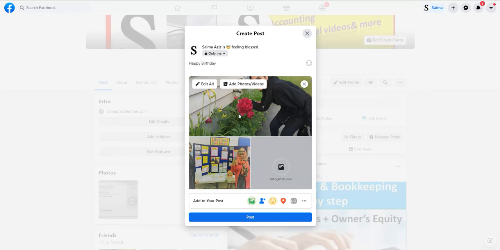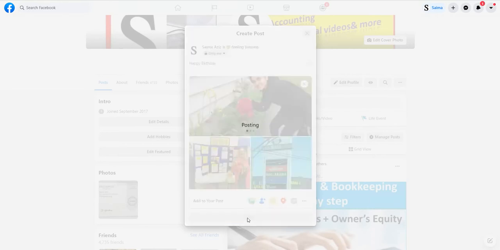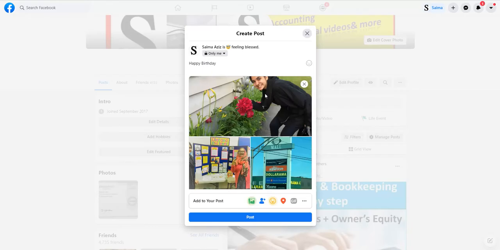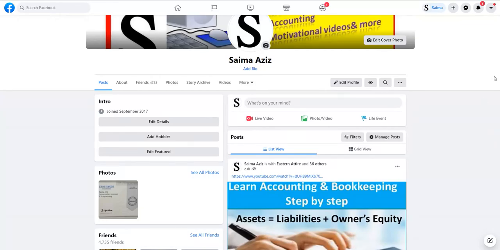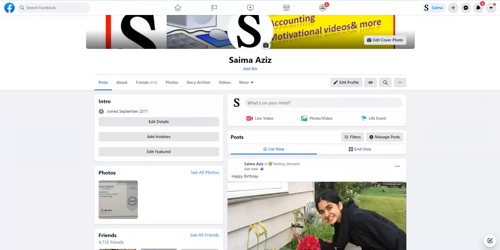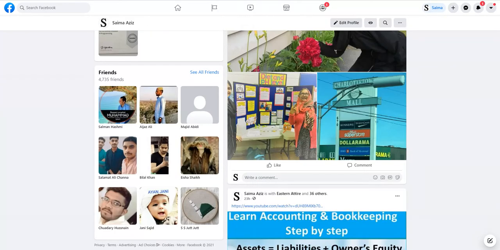These three pictures, this is my album, and when it completes the processing, I will post it. Now I am going to post it, but this time only I can see these three pictures. So the picture is there.